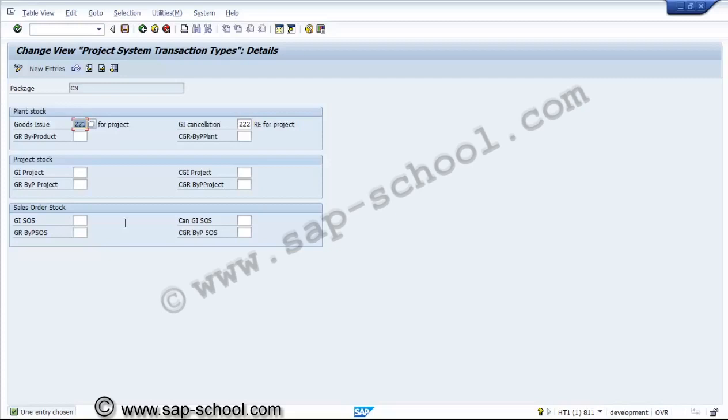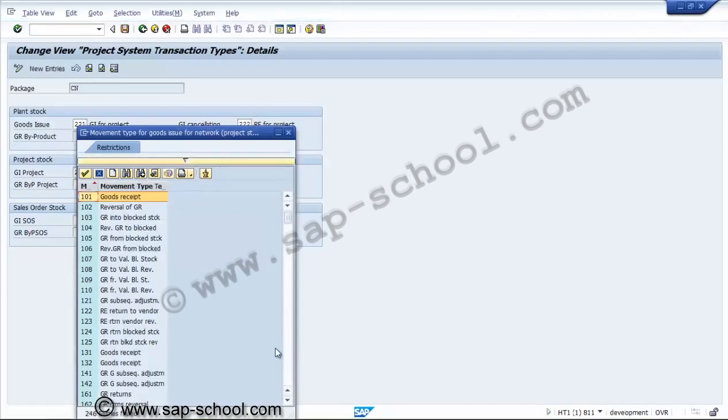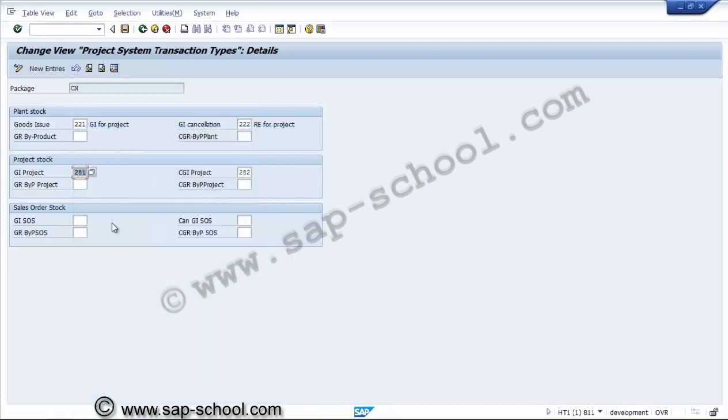Normally for the project stock it will be 281 and 282. GI for project stock, this will be 281. GI for the network, yes, and even for the plant stock also it should be 281,